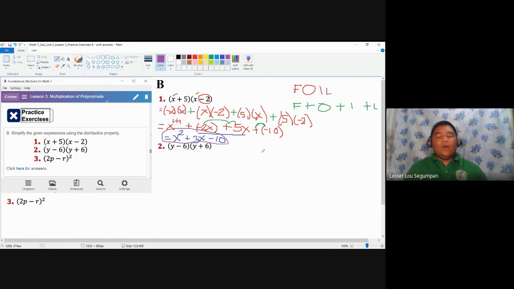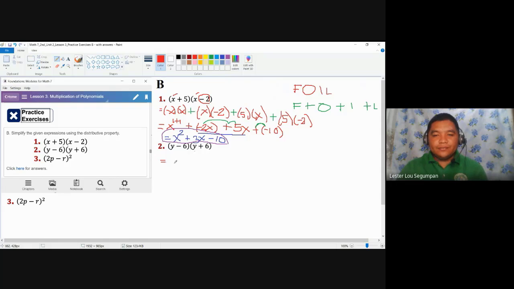for number 1. So as you can see, FOIL method is a technique that we may use. If you have other methods, you may also use them. Doesn't matter as long as they follow correct mathematical procedures. But if they do not follow correct mathematical procedures and you still got the correct answer, we need to examine them properly. Let's proceed to number 2. So again, we will use here the FOIL method, or better yet, F plus O plus I plus L, to emphasize addition as a separator.